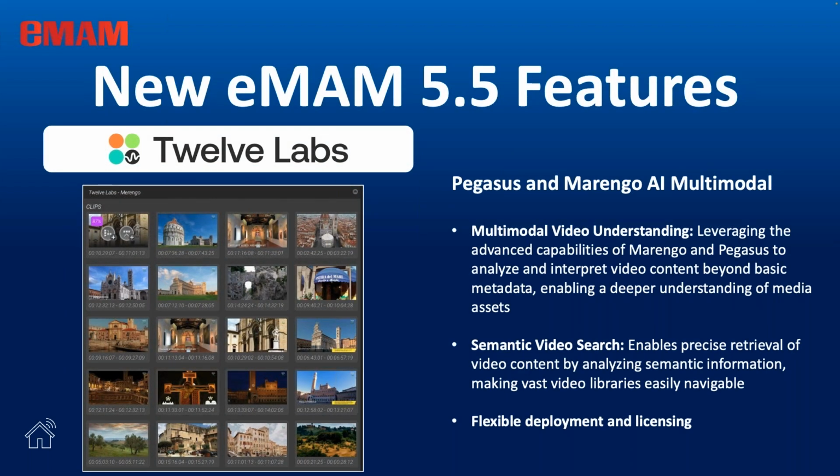With 12 Labs, we're with Pegasus and Marengo, the different modules. So like Marengo here, being able to then go in, type out a natural language search. Like in this case here, I said, give me churches in Italy. It found all my media. And then what it does is it gives you in and out points of subclips or markers that I could drop right onto a timeline or store inside of eMAM and then bring that over into Adobe or DaVinci Resolve, and then Avid as well.